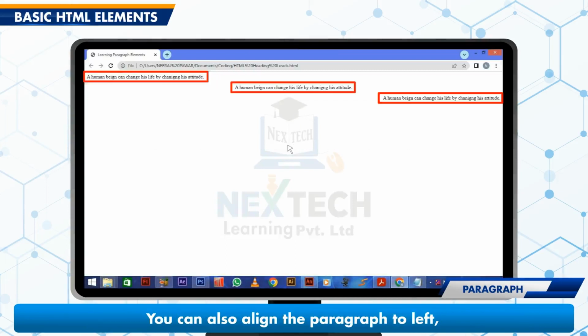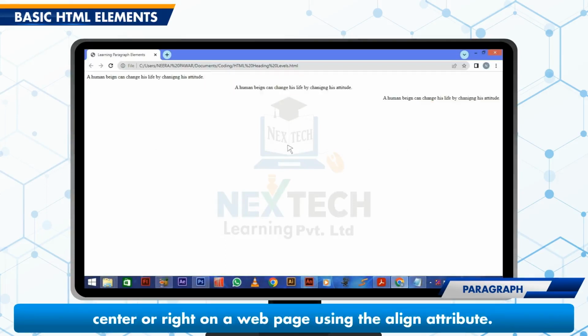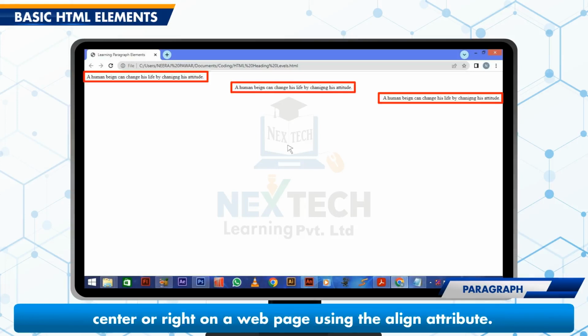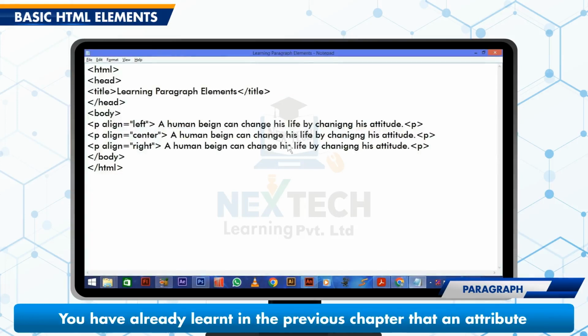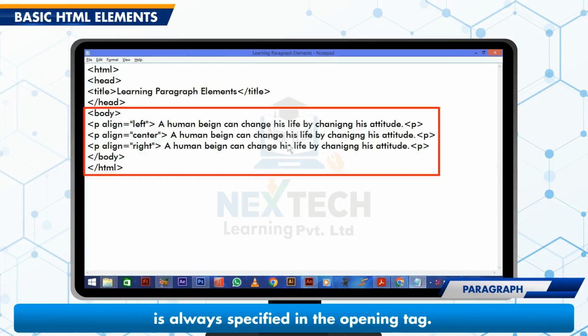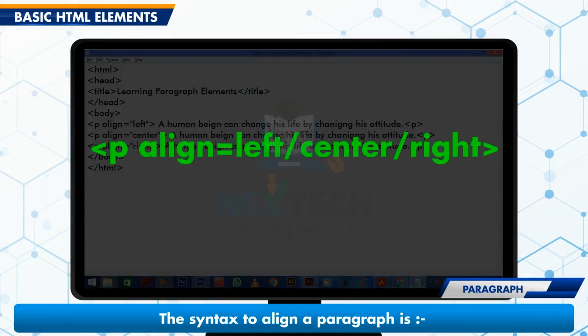You can also align the paragraph to left, center, or right on a web page using the align attribute. You have already learnt in the previous chapter that an attribute is always specified in the opening tag. The syntax to align a paragraph is: